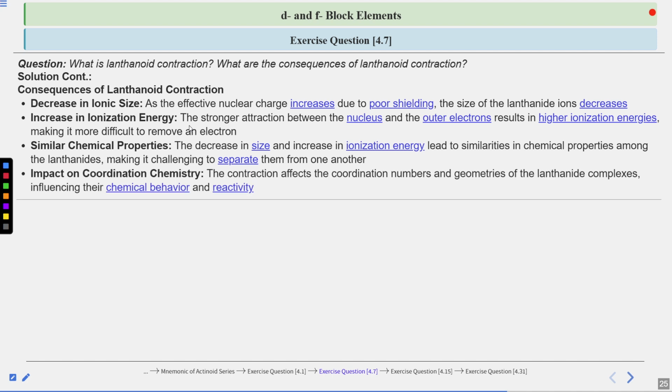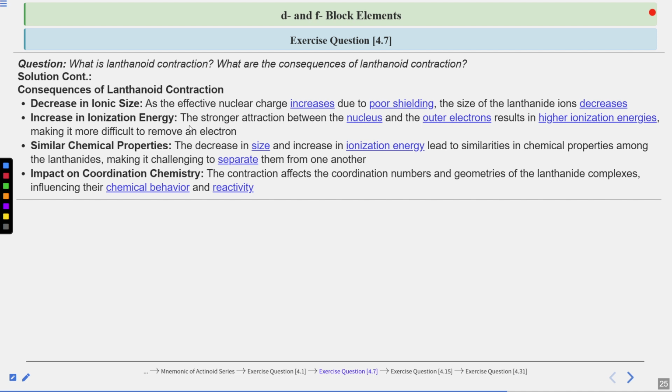And the last consequence of the lanthanoid contraction is its impact on coordination chemistry. The gradual decrease in size affects the coordination number and geometry of lanthanoid complexes. Coordination number is basically the number of ligands connected with the central metal, which is generally the d and f block element. So this contraction will affect the coordination number of the complex and the geometry of the lanthanoid complex,